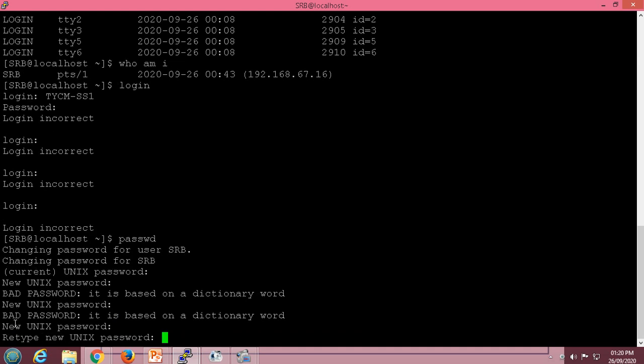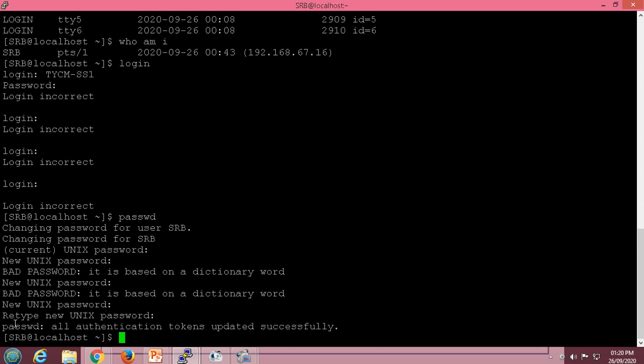So it asks for retyping the new password. So my password is updated here. So the passwd command is used to change the password.